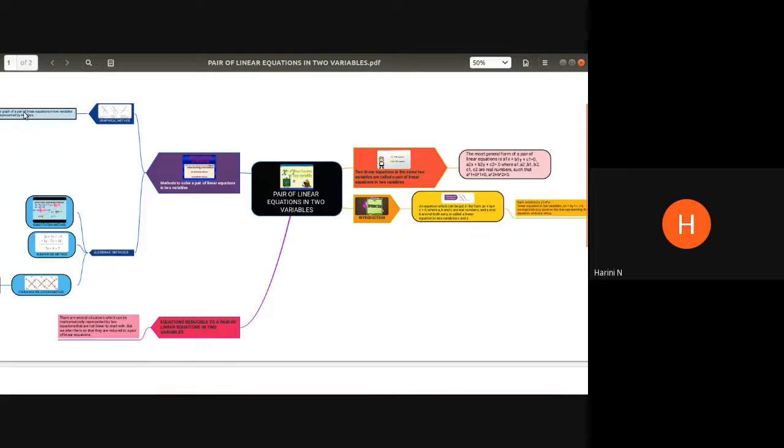So I think I will stop the share here and come back to my original screen. I hope the concept map was very clear. It is extensively dealt with. There are a few things which are deleted. So before I go to presenting the syllabus once again, because I want to focus on what is there and what is deleted in the syllabus, I'm going to share that page once again now.